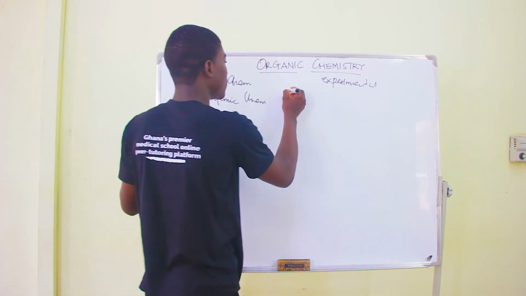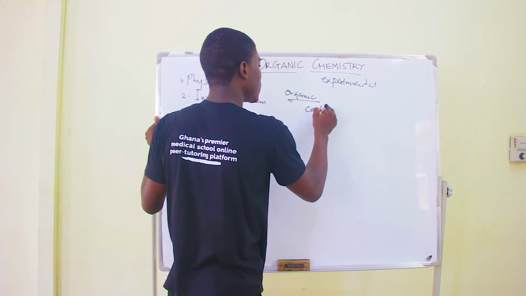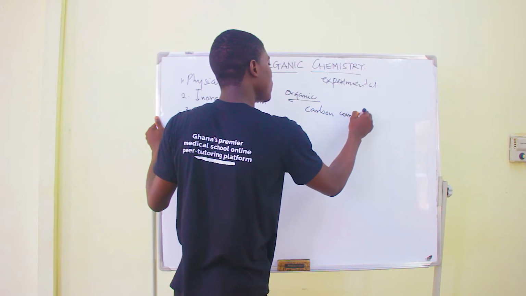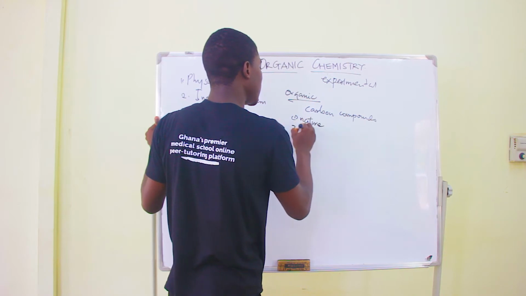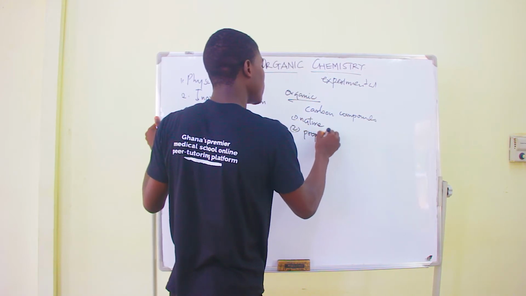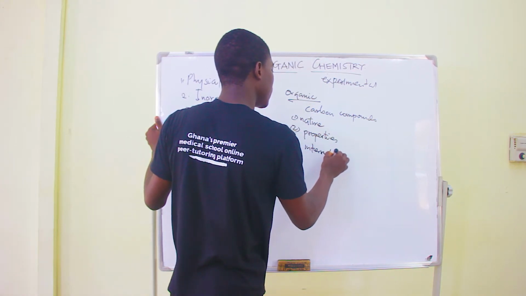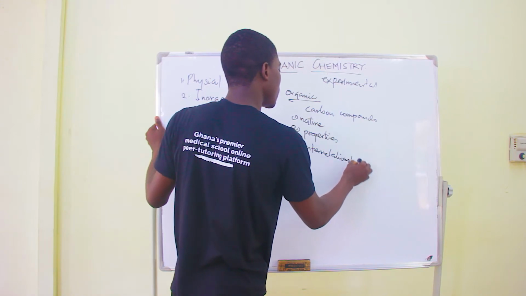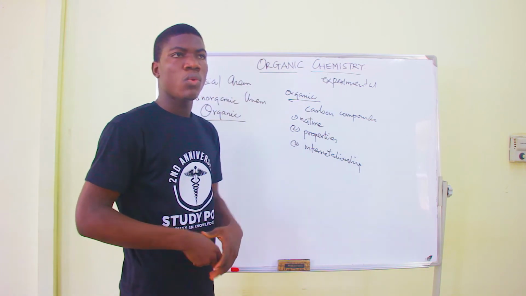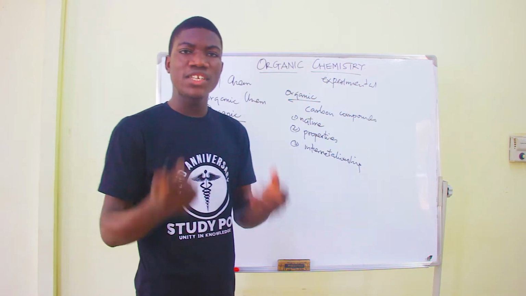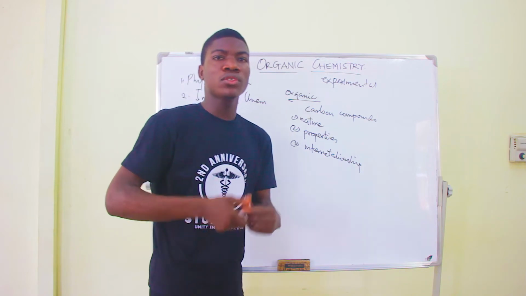So we see that in organic chemistry, we are studying carbon compounds. We want to study their nature, we want to study their properties, and their interrelationships with other atoms. Now, somebody would even ask, why are we so much concerned with studying carbon compounds whilst there are other compounds to study? Now, it all boils down to the fact that